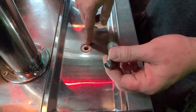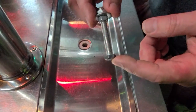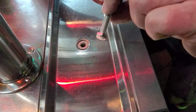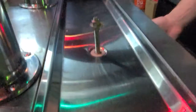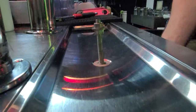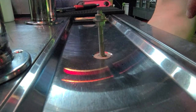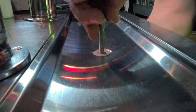And like I said, I had a maintenance guy come over and show me this little hack, and I'm passing this on to you guys, and I hope this helps you guys. Okay, so you take the head of this, fits perfectly right in that drain plug. I hope you can get that. You see that okay? Now what you're gonna have to do is put your hand inside the cooler to hold the bottom of this plug, and then you're gonna take a wrench, these are usually just hand tight, and